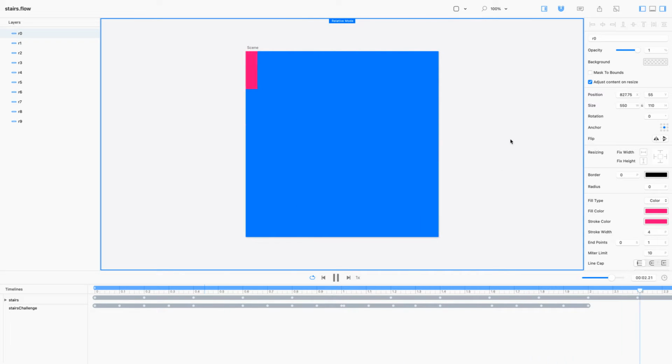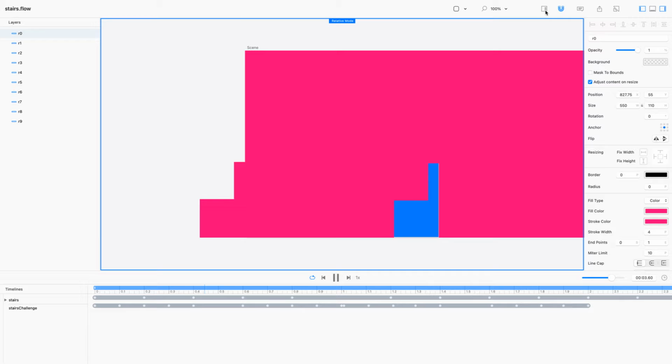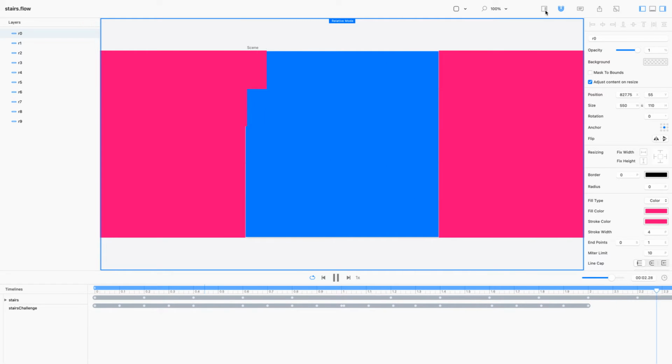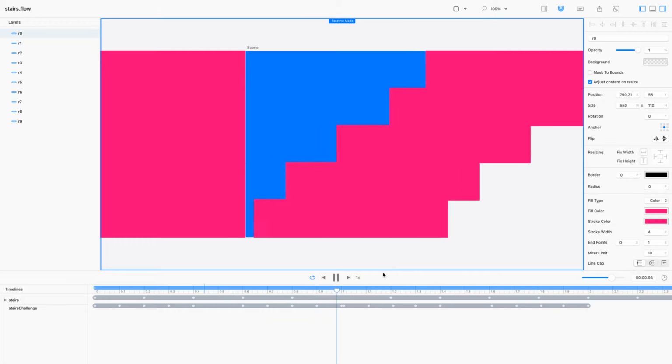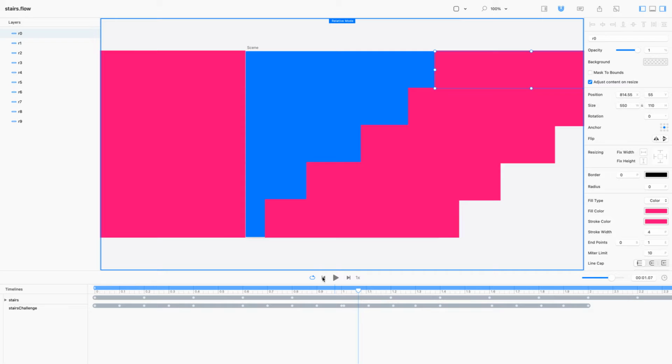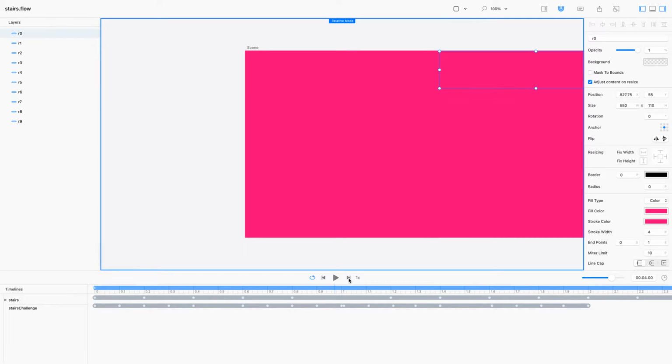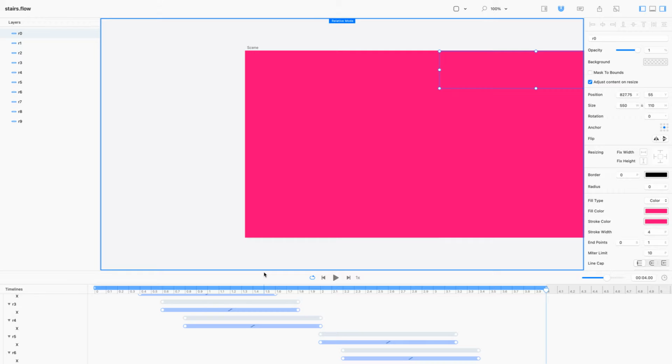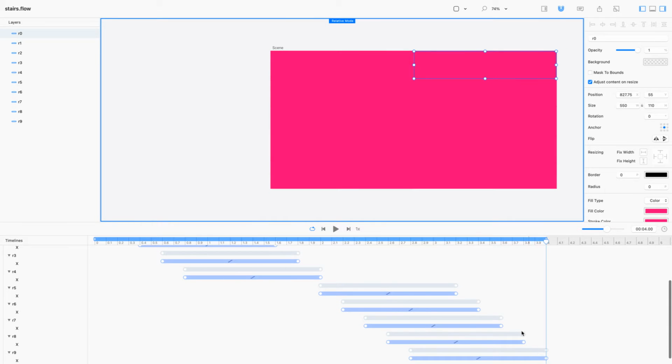Okay. Now I do have the scene masked. So here I'm just going to show you the technique. And that's the beginning. And that's the end state right there. Okay. So we're just flipping back between the beginning state and the end state. Easy. Okay. So our whole animation is also 4 seconds long, which means that we're going to distribute 10 animations and we're going to cascade them across 4 seconds. All right, so let's